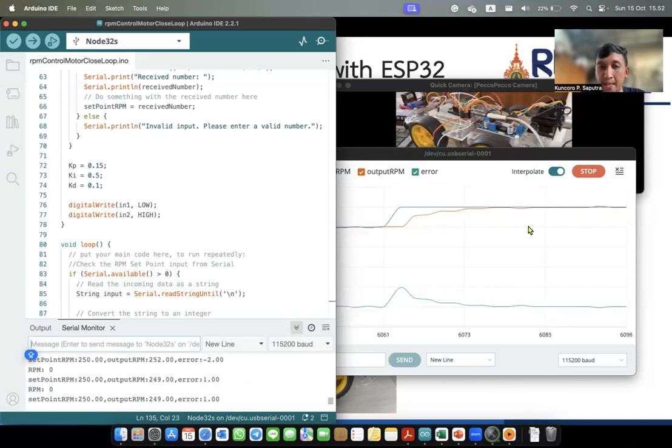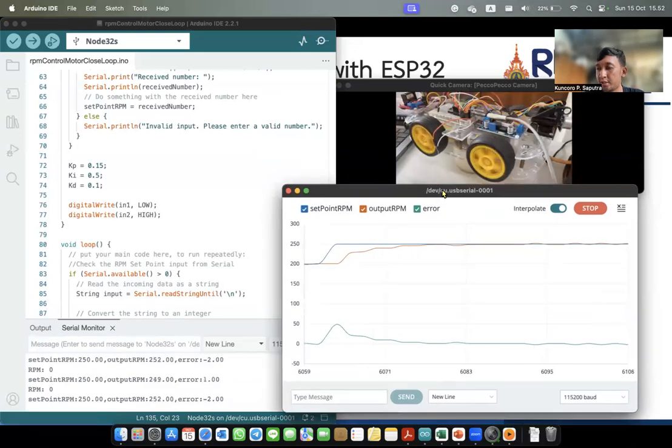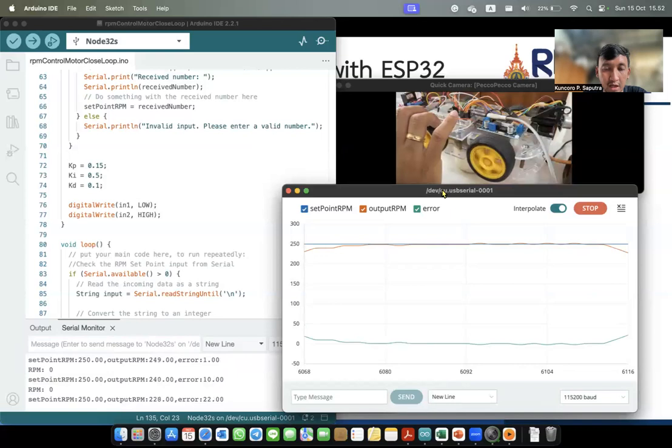So if we put a load on the wheel, the output RPM will decrease, but the controller will try to make the RPM stable at 250 because our set point is 250 RPM.